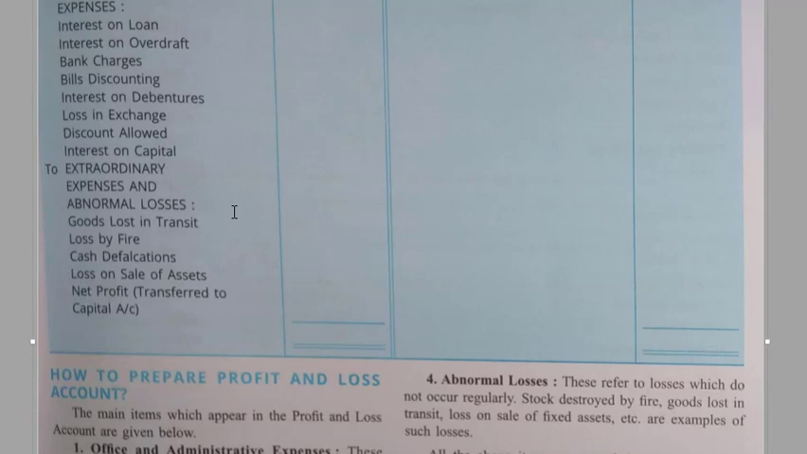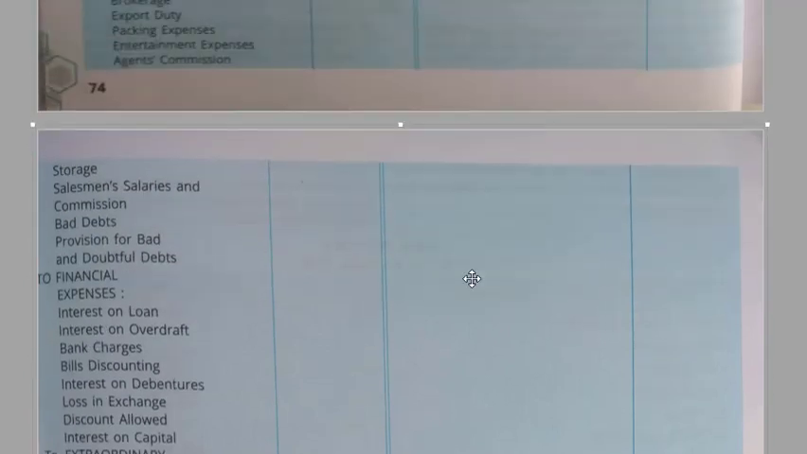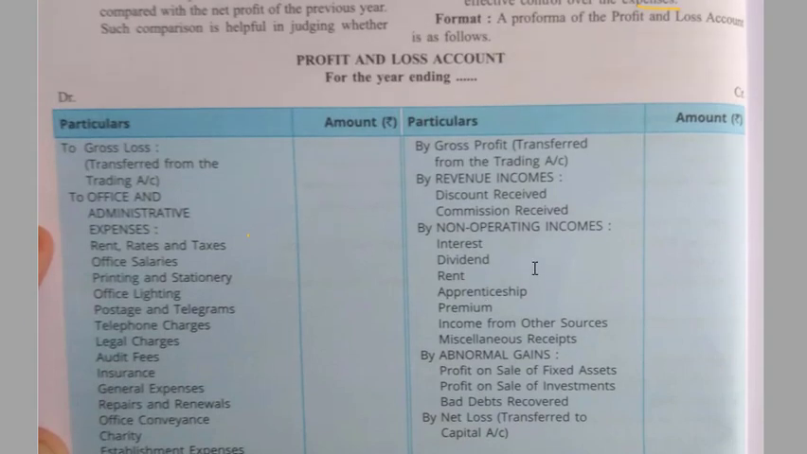They are all included in the extraordinary expenses. Now on the credit side, if there is a gross profit, the gross profit is included on the credit side. And then revenue incomes. So in revenue income, like discount received, commission received,